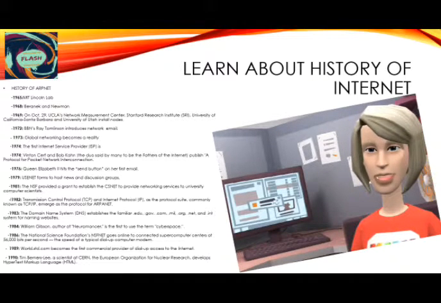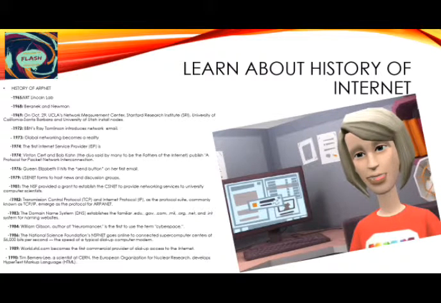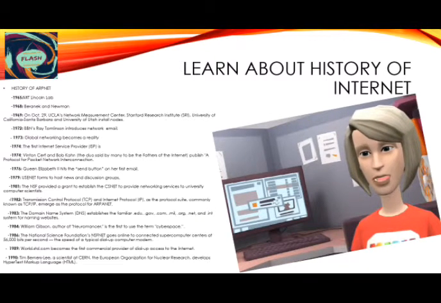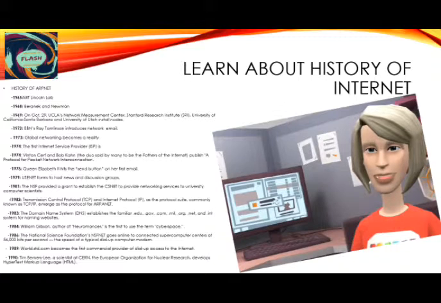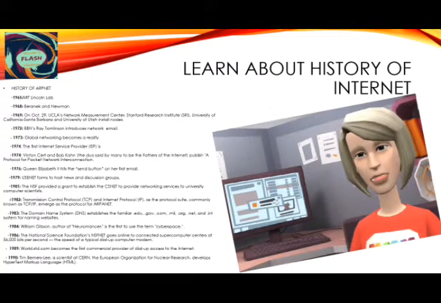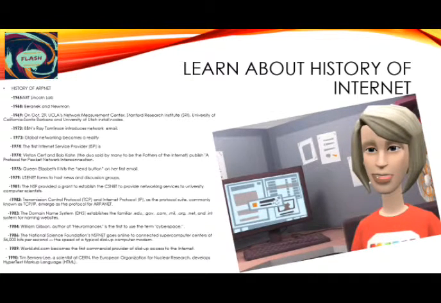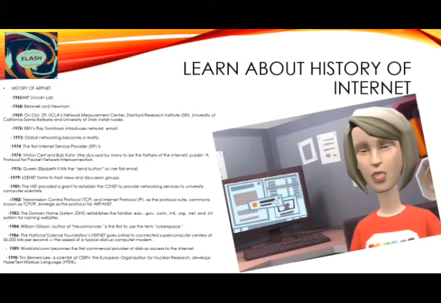In 1973, global networking becomes a reality as the University College of London, England, and the Royal Radar Establishment, Norway, connect to ARPANET. The term Internet is born. In 1974, the first Internet Service Provider (ISP) is born with the introduction of a commercial version of ARPANET, known